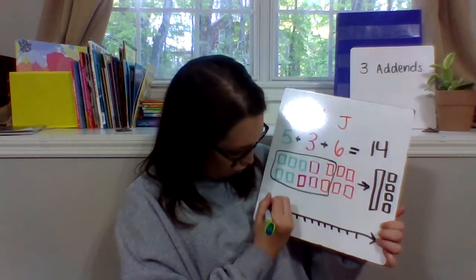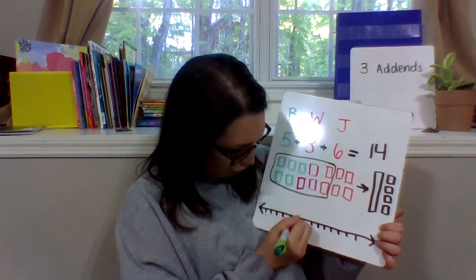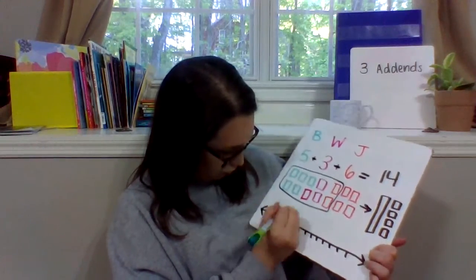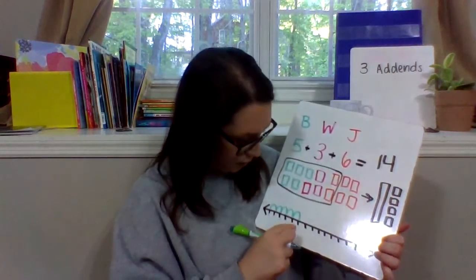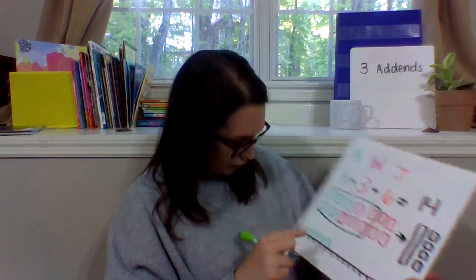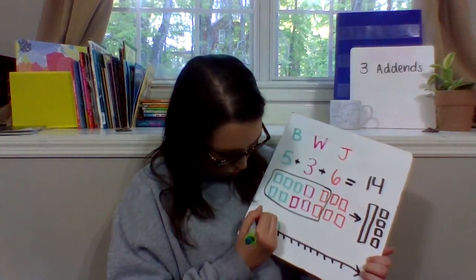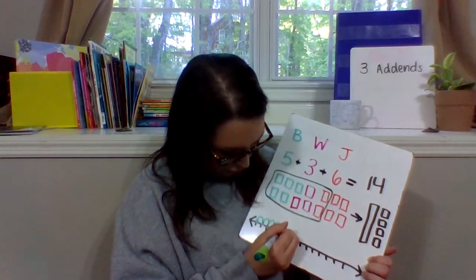Okay, so what I'm going to do first is I'm going to draw Barry's 5. So here on my number line, I'm going to count out 5. Ready? 1, 2, 3, 4, 5. So I know that's Barry's. 1, 2, 3, 4, 5. Okay, now I have to add 3 more